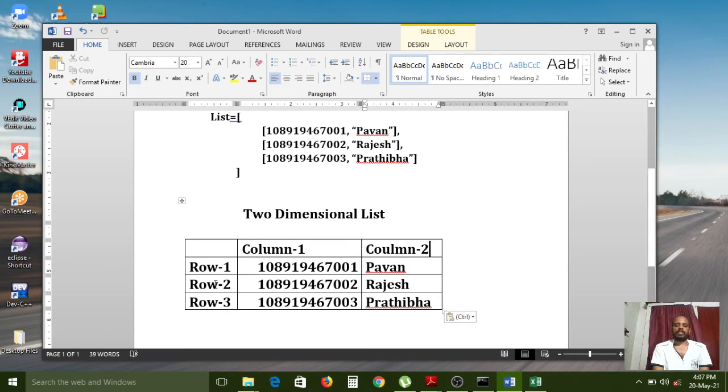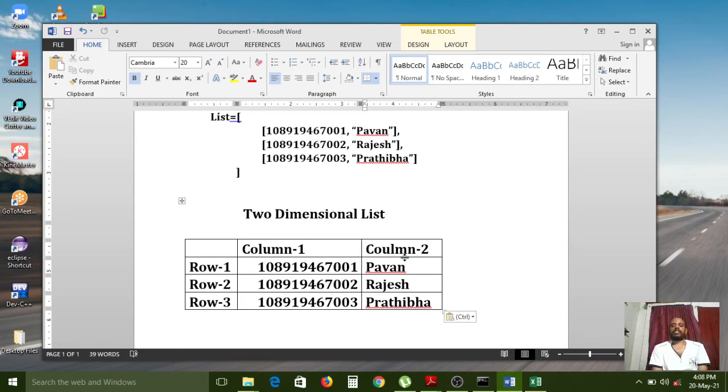Number of records are as per our wish, as per our requirement. If we want to increase the records, then we can increase. But columns are 2 mandatory, because this is a two-dimensional array, 2D array, two-dimensional list. Don't confuse what is the difference between array and list. Actually, an array can support storing similar type values, nothing but homogeneous values, same type of values it can store.